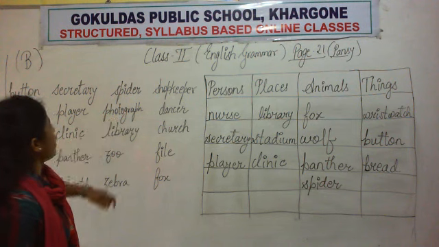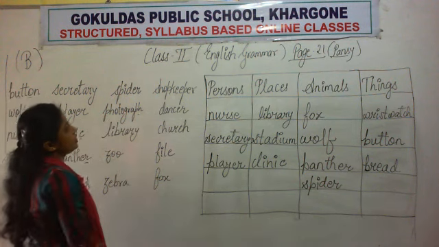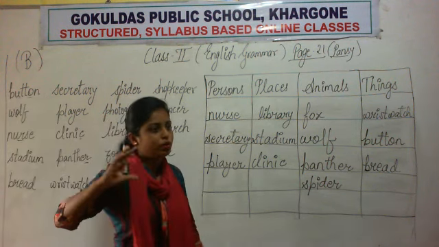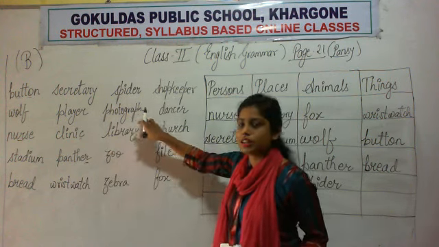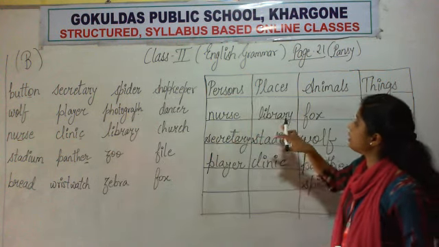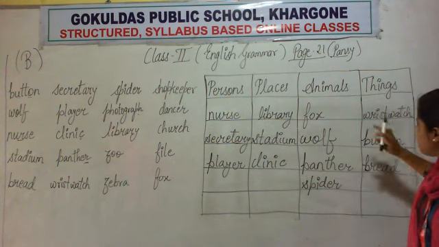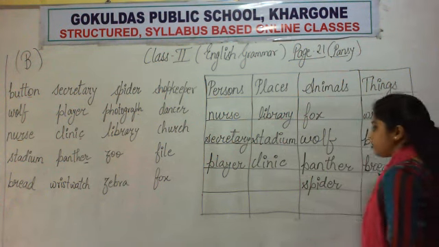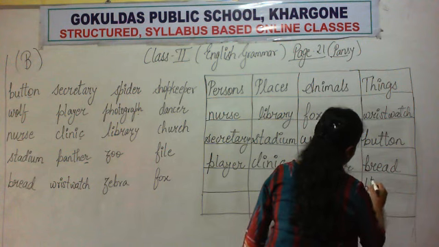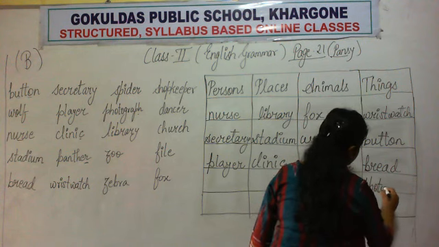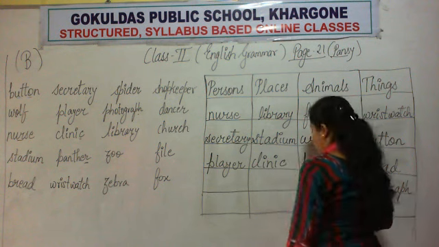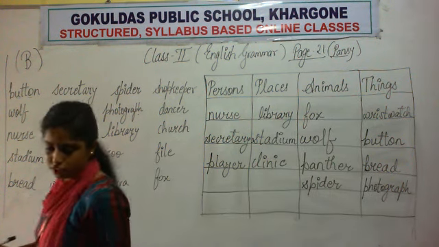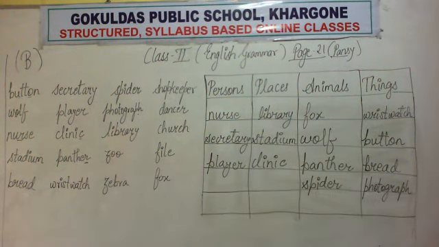Then photograph. Photograph is not the name of a person. जो photographs आप click करते हैं ना अपने phone से. So photograph is not the name of a person. No, it is not a place. It is not an animal. It is a thing. So photograph is a thing. I am writing it here. Okay. Then just you write it fast. We'll solve the next ones.